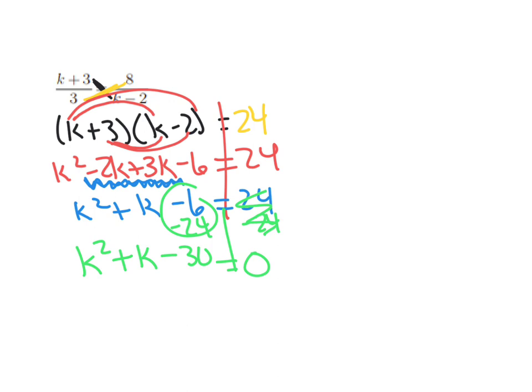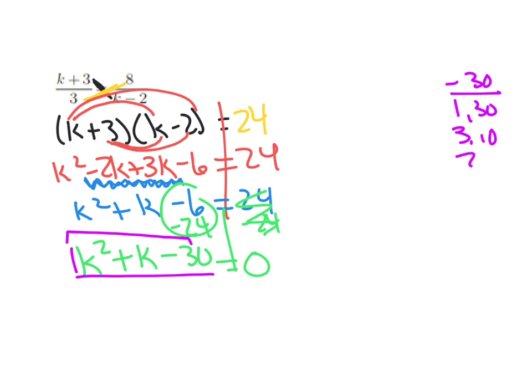So when we look at this left-hand side, we have a quadratic. So this is a 3-term quadratic, which means we're going to use brute force. So we're going to say 1 times negative 30, which is negative 30. So our factors of 30 are 1 and 30, 3 and 10, 2 and 15, and 5 and 6. The middle term is positive 1. But when we multiply, we have negative 30. So the bigger numbers are